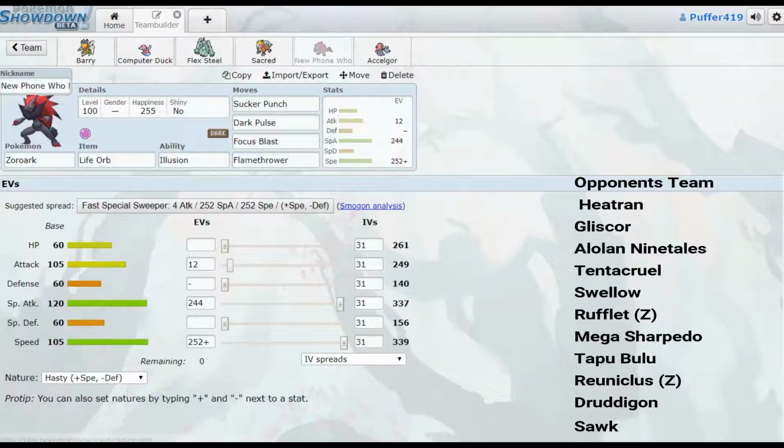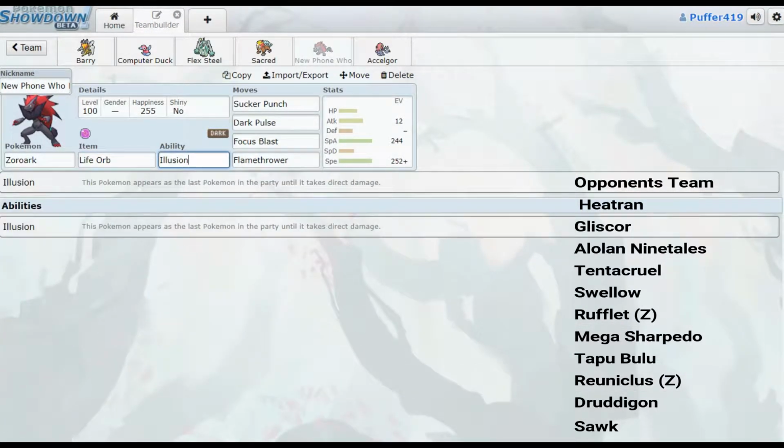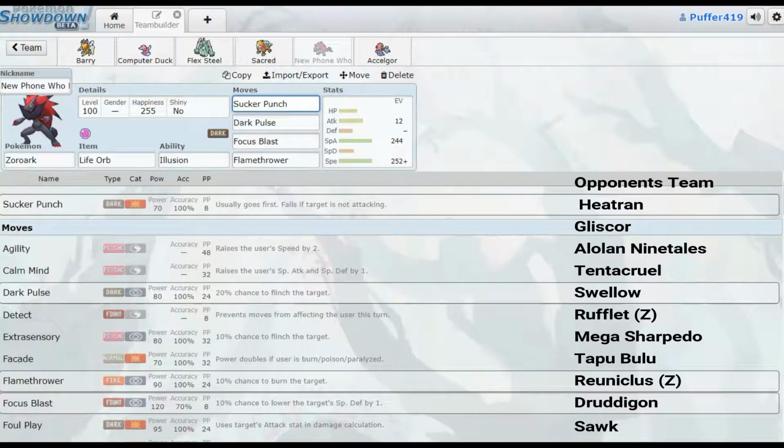Now, next we're running New Phone Who Dis. Why it's named that is because it's like, who dis? Anyways, we're running Life Orb Zoroark with Illusion, which is its only ability, so I shouldn't act like it's shocking. Sucker Punch again for priority, because I just like to have a lot of priority,